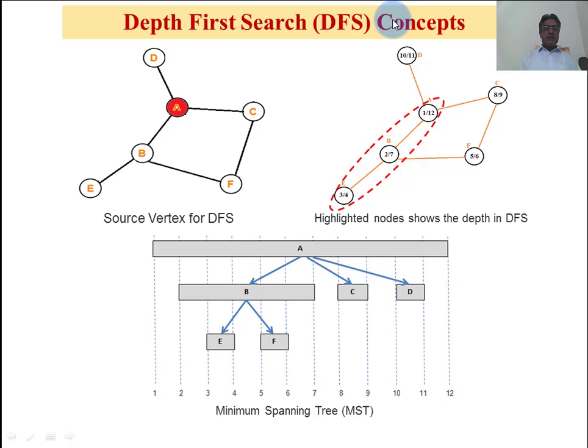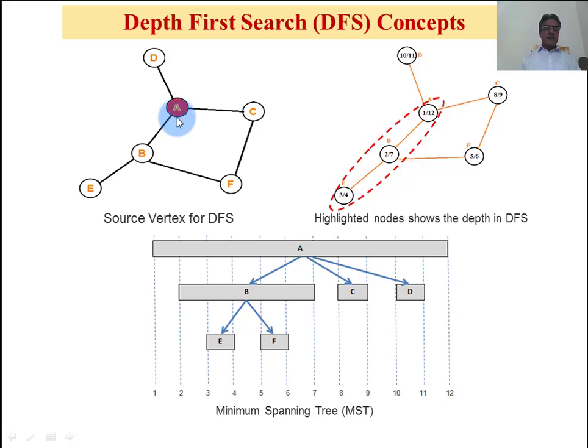Depth first search concept, DFS concept. This is our graph. Let's suppose A is the central graph. From this graph we will search, let's suppose, first A. In breadth first search we search those nodes which are at the distance of one edge from the root node, that is B, C and then D. But in depth first search we will move from source to B and then B to E until it does not provide the way onward for traversing.